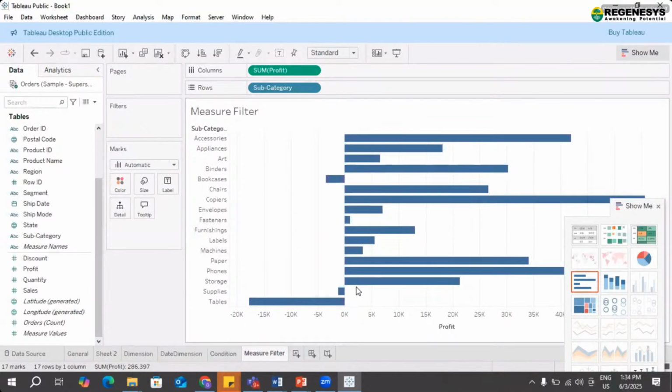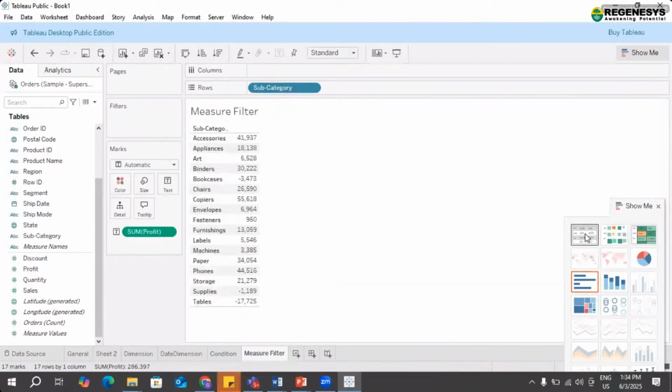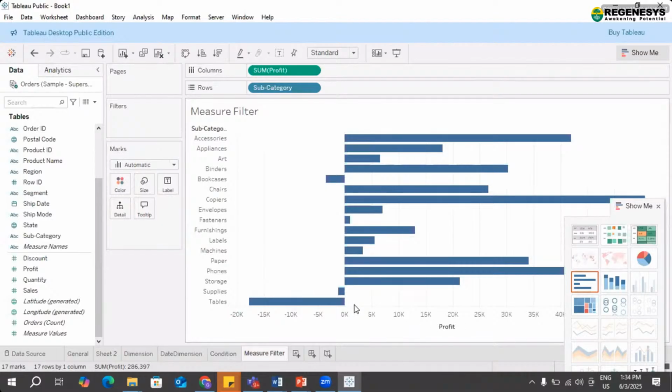Now here I have not taken it in the tabular format. Why so? Because here also you can see the values are in negative and positive. But if I'm doing it in this way, it is very much easy to understand that this is a median, and from here everything is in negative profit, and this is the positive one, right?